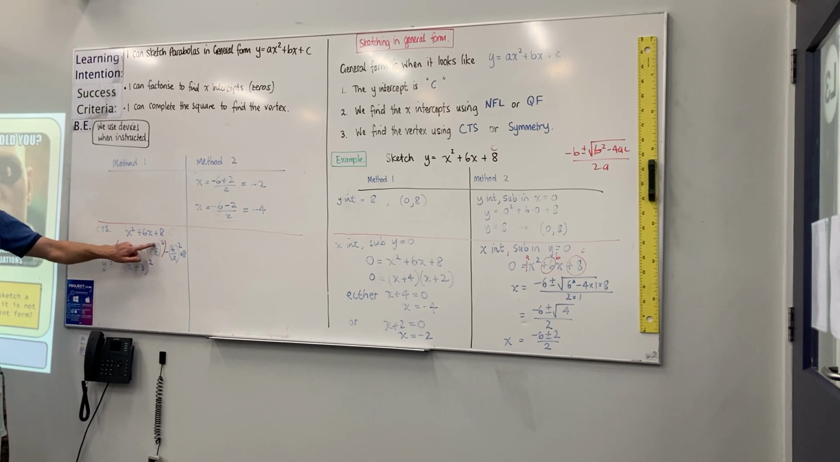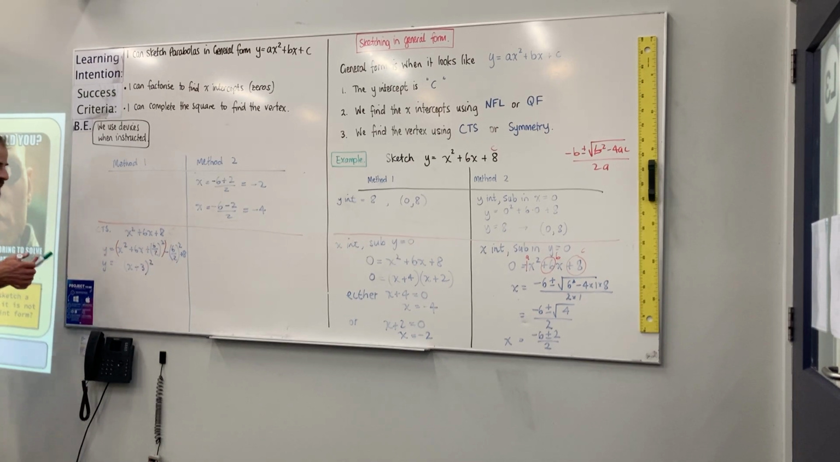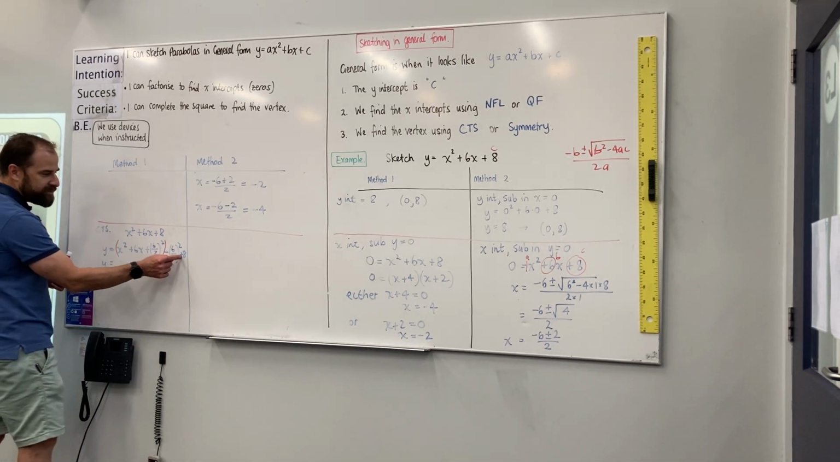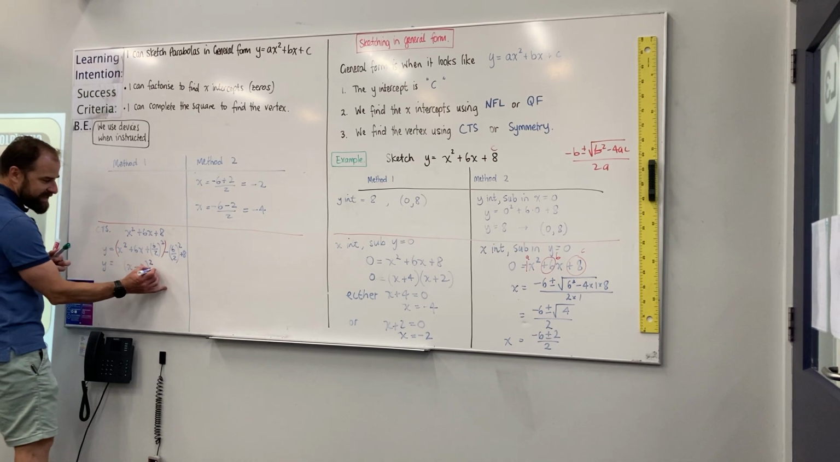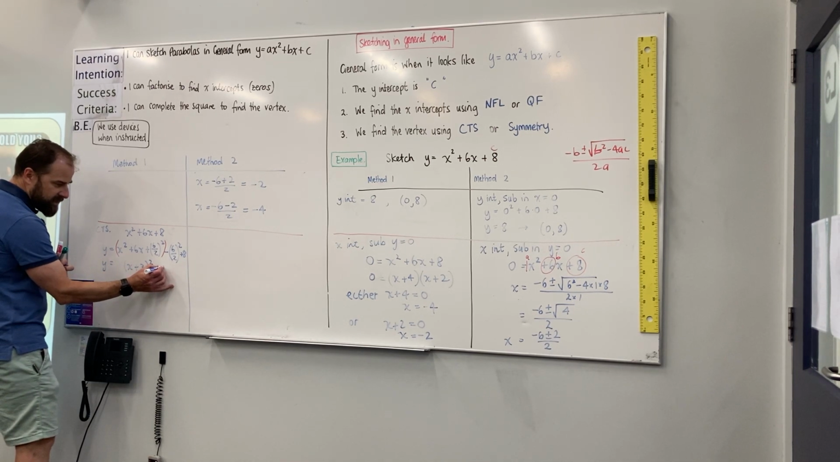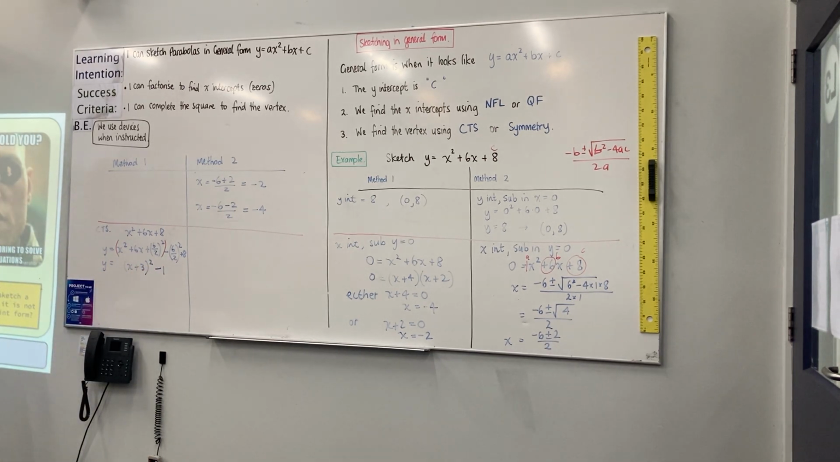Whatever is inside that bracket ends up here. So 6 divided by 2 is 3. That's where I got the plus 3 from. Over here, minus, this is 3 squared, which is 9. So it's minus 9 plus 8. What's minus 9 plus 8? Minus 1. And going through that first part of completing the square, we have converted our equation from general form